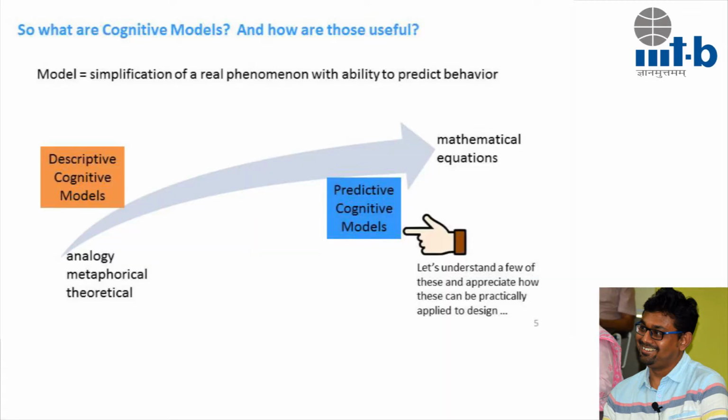Within cognitive modeling theory, there are descriptive models and then there are predictive models. We are speaking more about predictive models today in this talk, although there are a huge number of descriptive models as well. A few of the examples which I'll show early in this talk, we will make use of in the use case at a later part of this talk. So this is where we will focus more. I'll try to explain a few of the models which already exist, so that it's easier to see how the application of those models happens on real world problems.